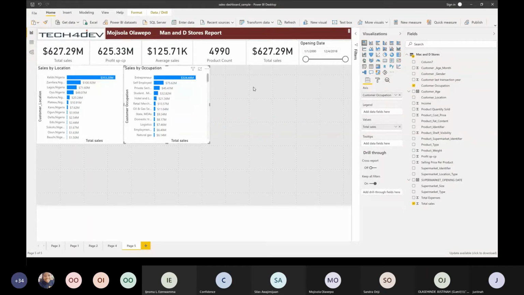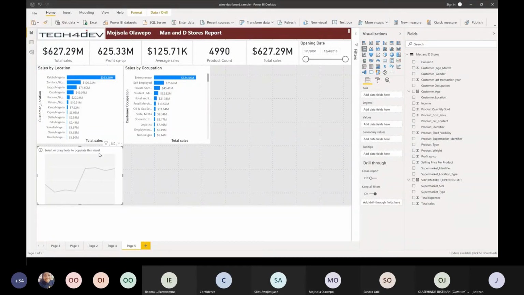So we have our, what is this, opening dates, customer. Whenever you are doing something that has to do with trend, like time, you use a line chart, right? Line chart depicts it properly. So we have a line chart here, right? This is my line chart. I'm just going to fill this up. And I have my